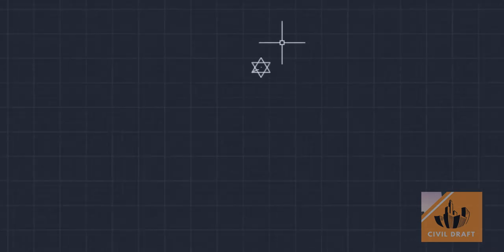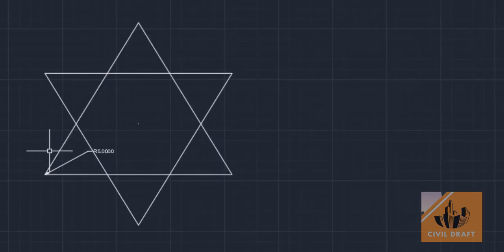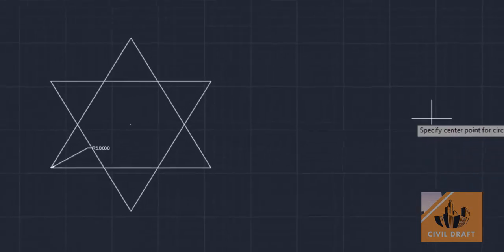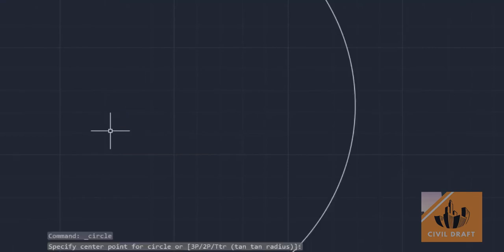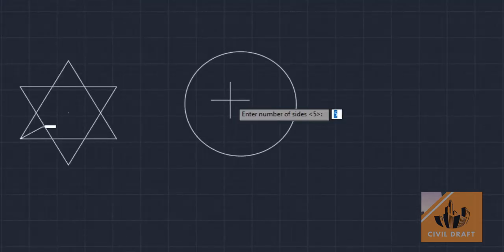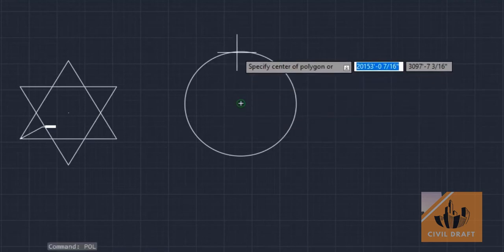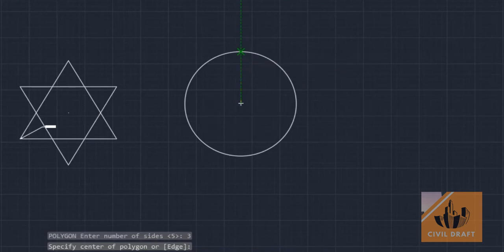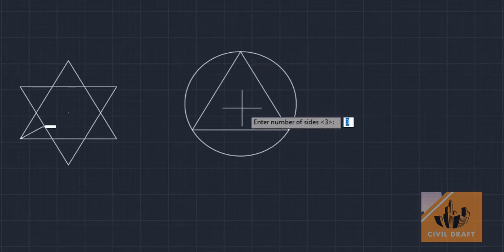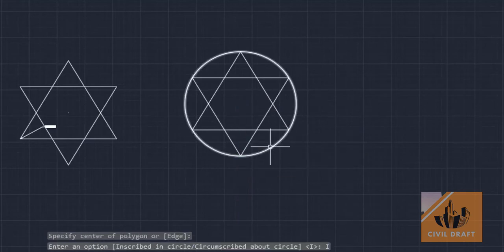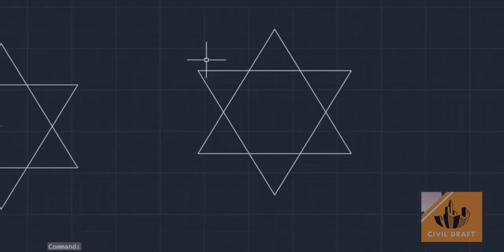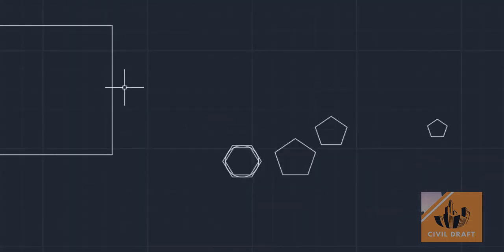I have one tutorial here. If you have to make such a star shape figure, then you can use the polygon and draw. I'll show you here. I'll take the circle. Here I'll give the radius of circle 5, enter, and I'll take the polygon. I have to use the triangle, so number of sides here is 3. Center of polygon, I'll inscribe in circle and click here. Again I'll take the polygon and number of sides 3. Specify the center and click here. Now delete this circle. You can easily draw the star shape figure. Hope you are clear on this polygon command.